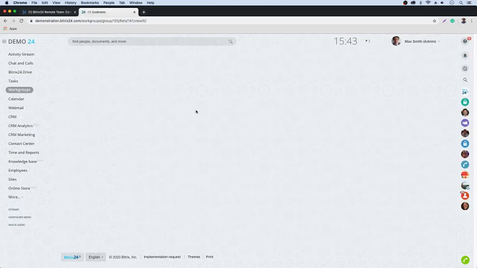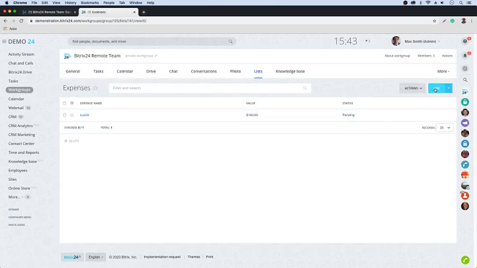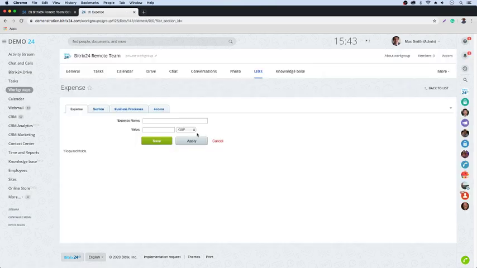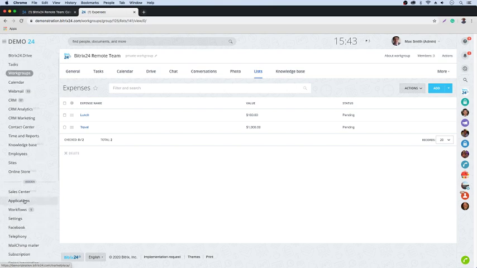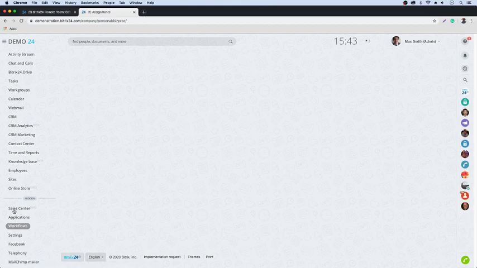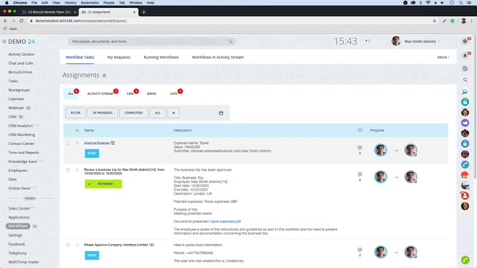So if we click back to expenses here and then click on add expense, and then we will say travel, it's going to be $1,000. Obviously you can create as many form fields as you like here. I've only created 2. What that will then do, I probably should send a notification to Max first of all, but you can see here in the bottom left hand corner we have workflows. So I click on workflows here, and you can see that I have already